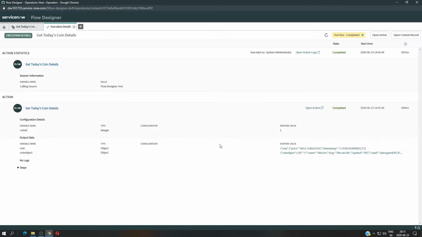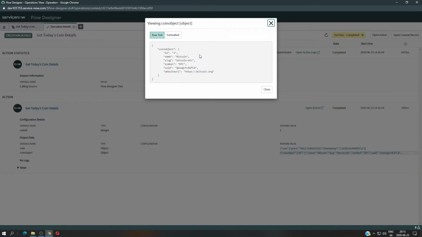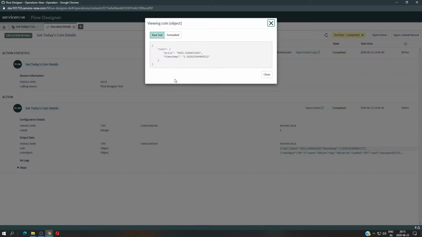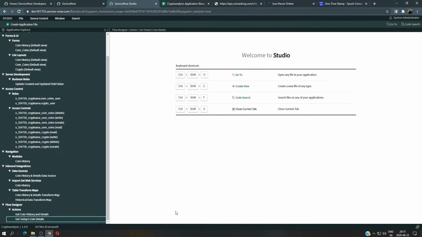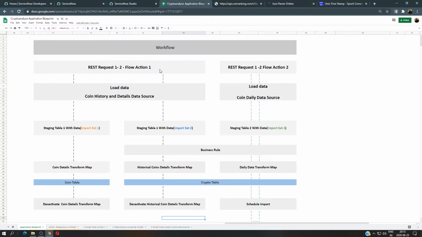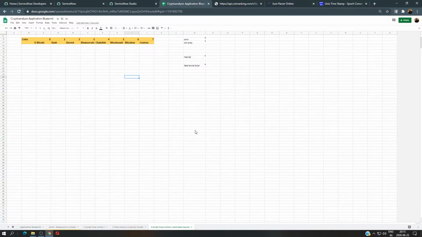Let's see the result. As you can see here, I have the details and I also have the coin price and timestamp. Great. So let's go to this file here, and I'm going to just delete everything that I have already,